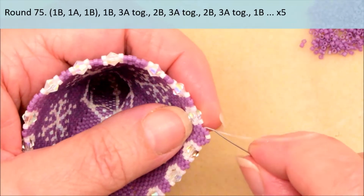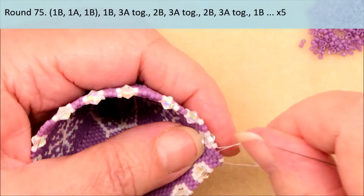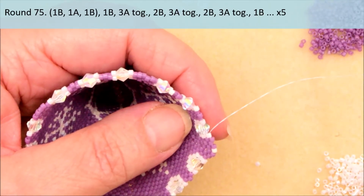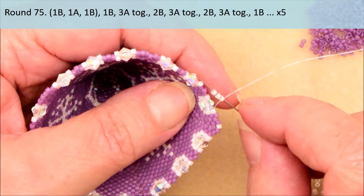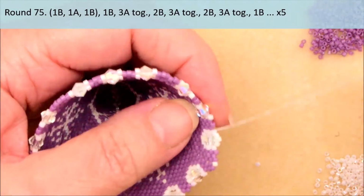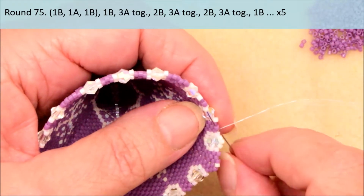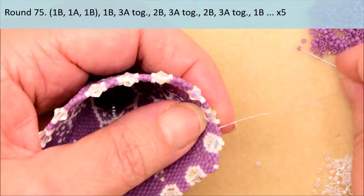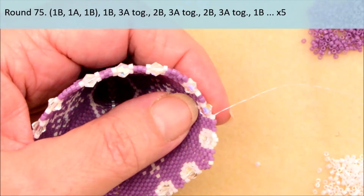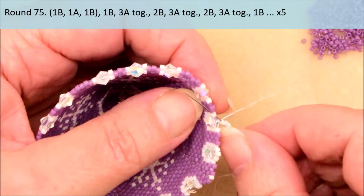Okay, and the rest of the round we require 1B, and then we pick up 3A. Now these are not in parentheses, so I've written it as specifically 3A together. Okay, and we pass through the next A along, not passing through the crystal. Then we add 2B, 3A together, passing through the A,